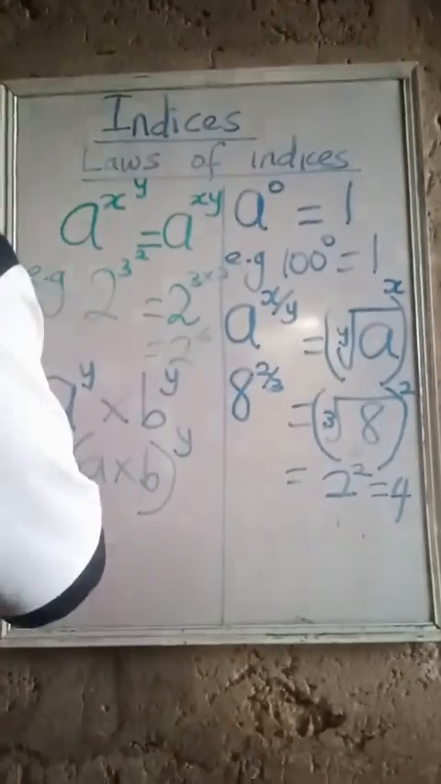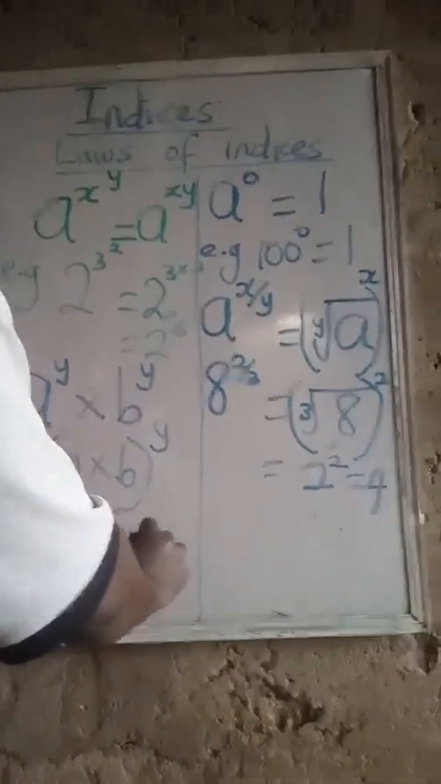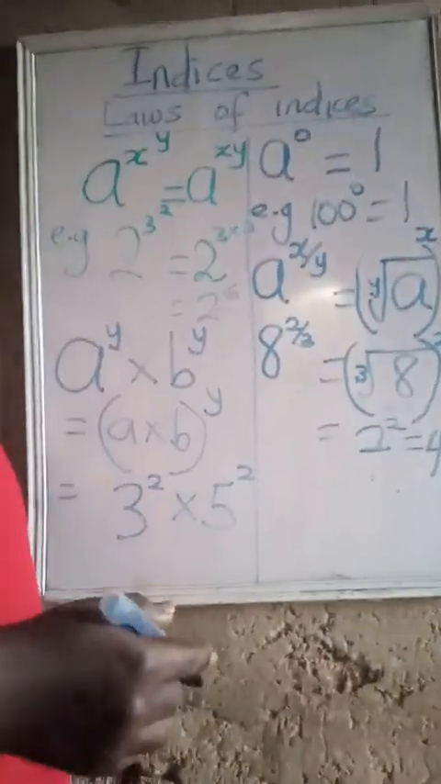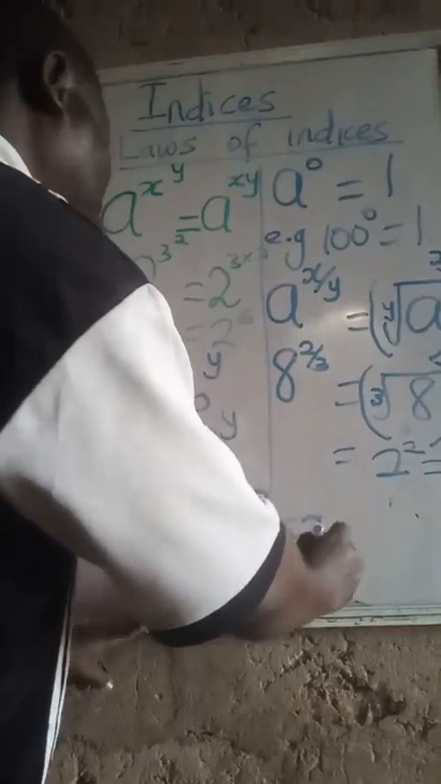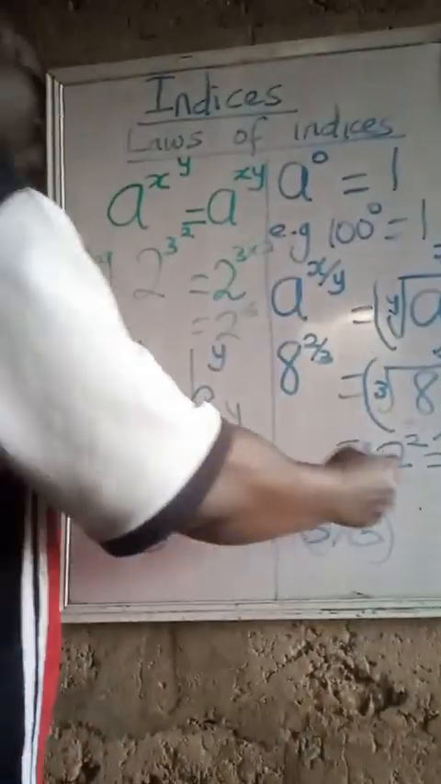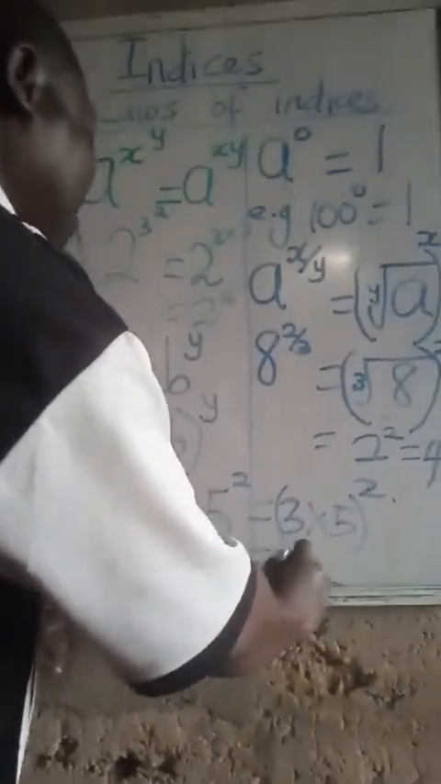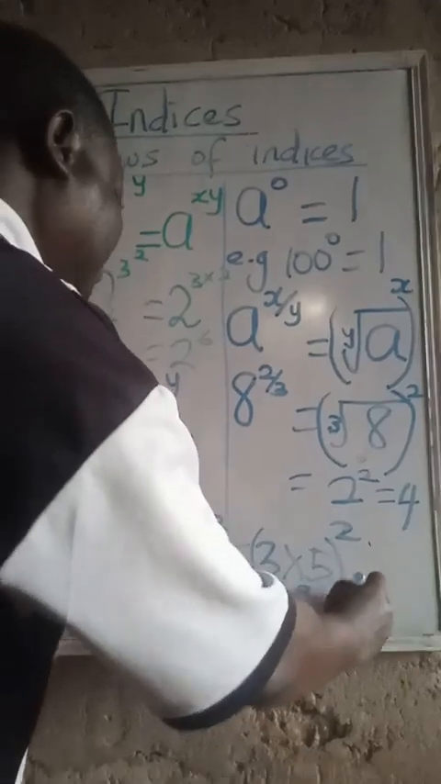Now, let's drive it home. Assuming we have 3 raised to the power 2, then times 5 raised to the power 2. The numbers are not the same, but their powers are the same. So the law states that we are going to just multiply the numbers, 3 times 5, then we raise it to the power of 2. And that is equal to 15 raised to the power of 2. That is 15 times 15,